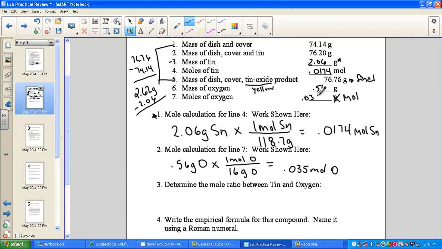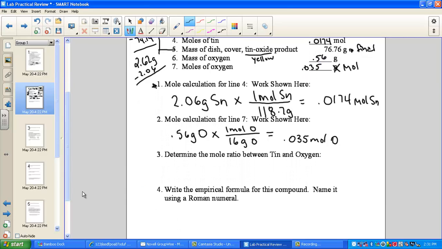And be sure that you write that up here, 0.035 moles. So here's what we're noticing, my moles of tin and my moles of oxygen. Bring those down and rewrite them with me for number 3. We have 0.174 moles of tin and 0.35 moles of